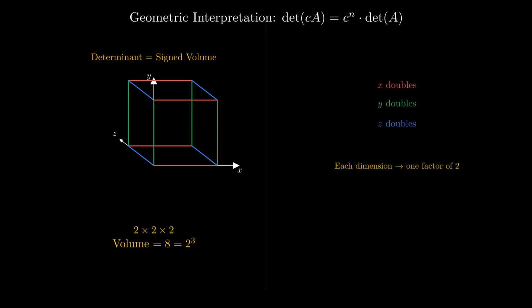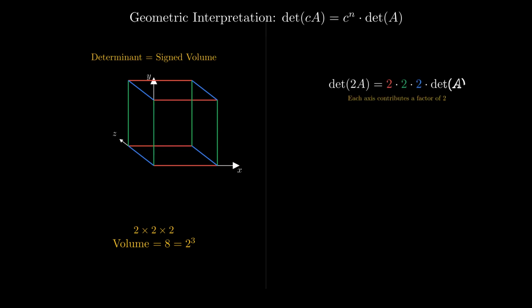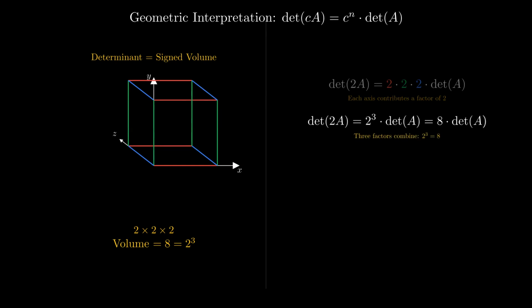Each dimension contributes one factor of 2 in n dimensions. Doubling every axis multiplies the volume by 2 to the n. So the determinant of 2A can be written as 3 factors of 2, 1 red factor of 2 for the x-axis, 1 green factor of 2 for the y-axis, and 1 blue factor of 2 for the z-axis, all times the determinant of A. This simplifies to 2 cubed times the determinant of A, which equals 8 times the determinant